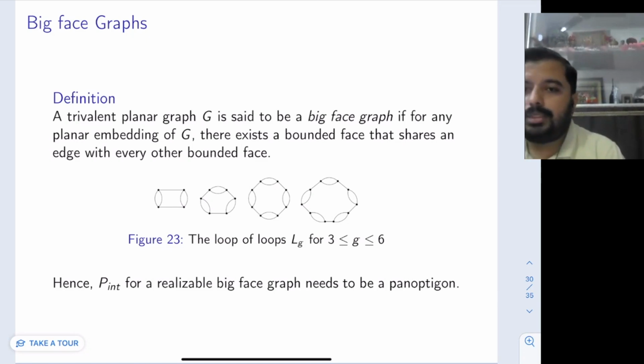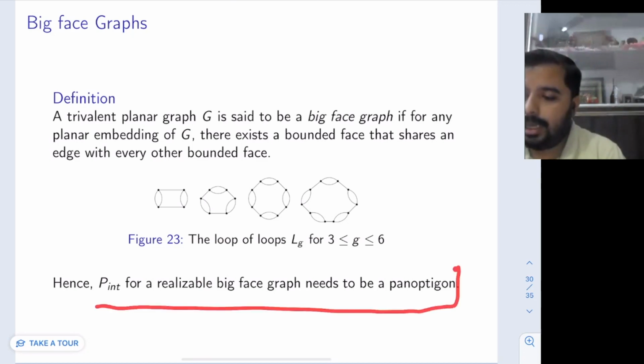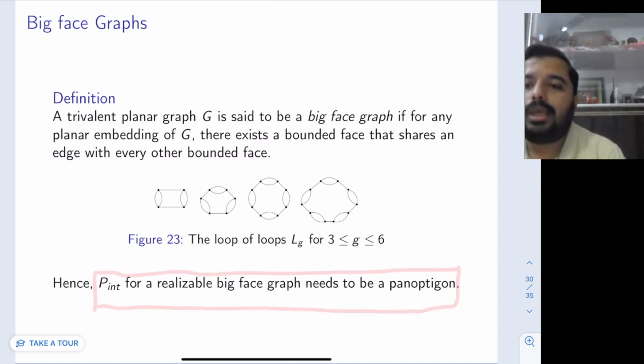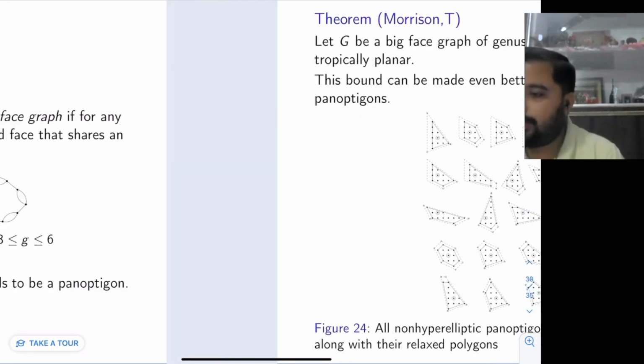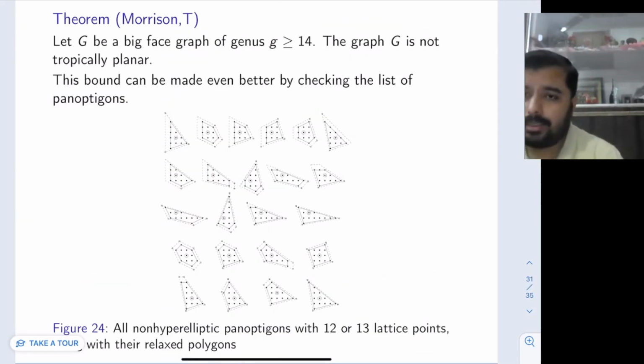So we considered this family and realized this nice connection to panoptigons, and were looking out for a complete classification for this. It turned out that that wasn't the case, and hence we just built upon this classification, and that turned out to be extremely useful. And this led us to